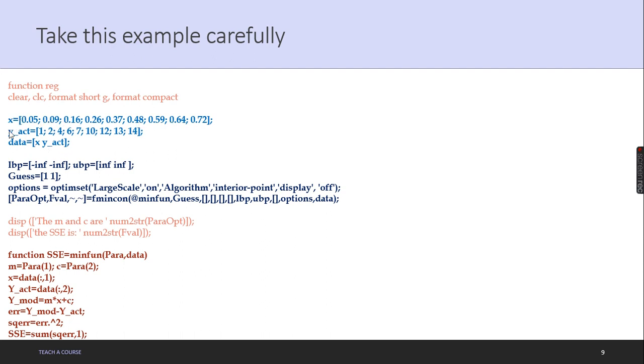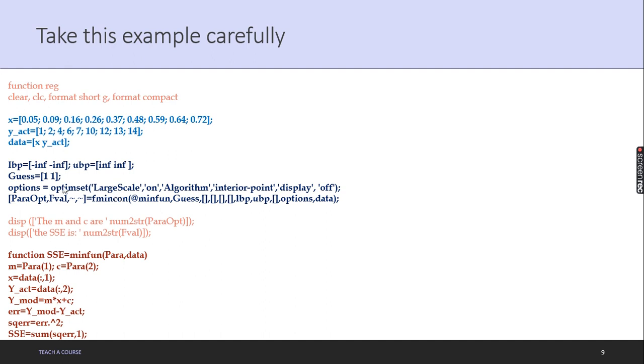We are taking y actual values 1 2 4 6 7 10 that we already know, and we are putting those x and y values together. So we are making a matrix of x and y actual. That is our data. Of course this is our experimental data, we know this. Now we'll come into our fmincon